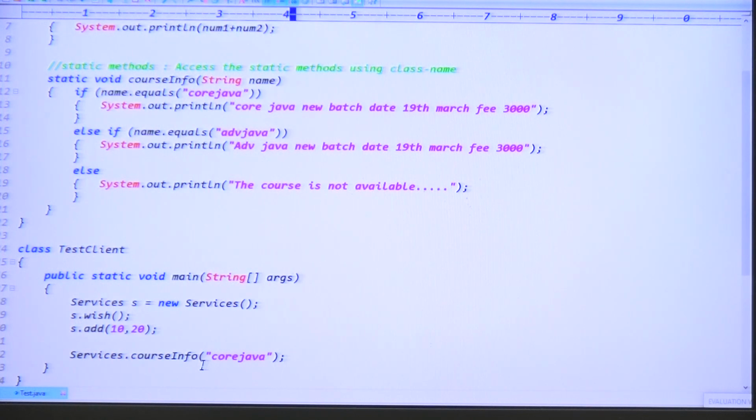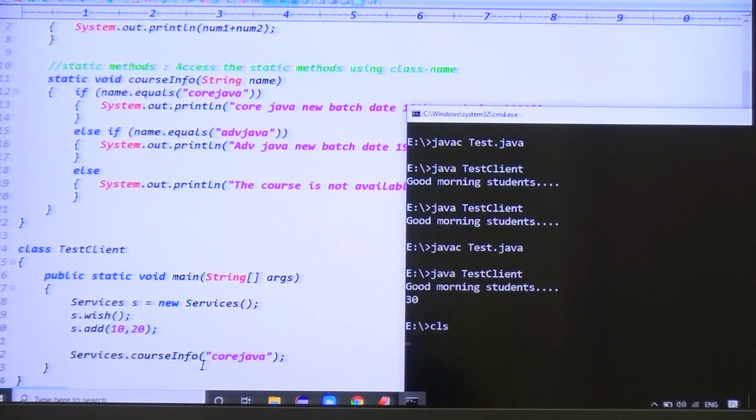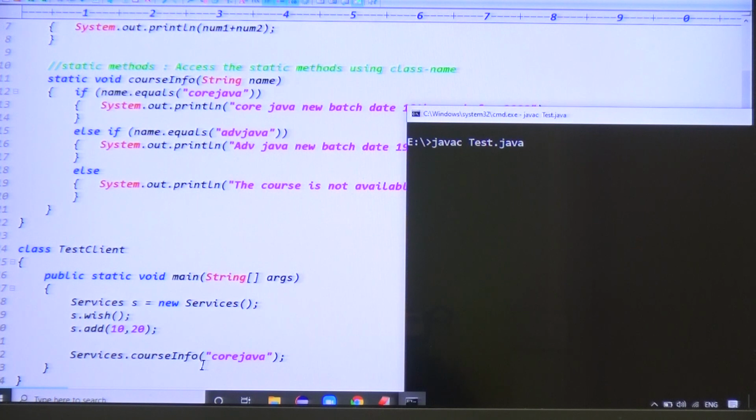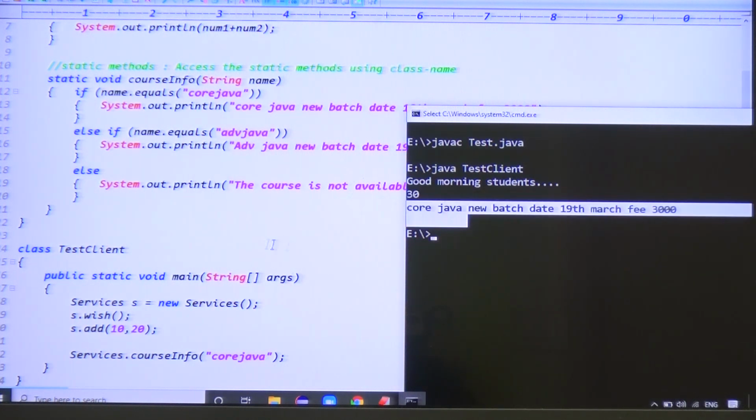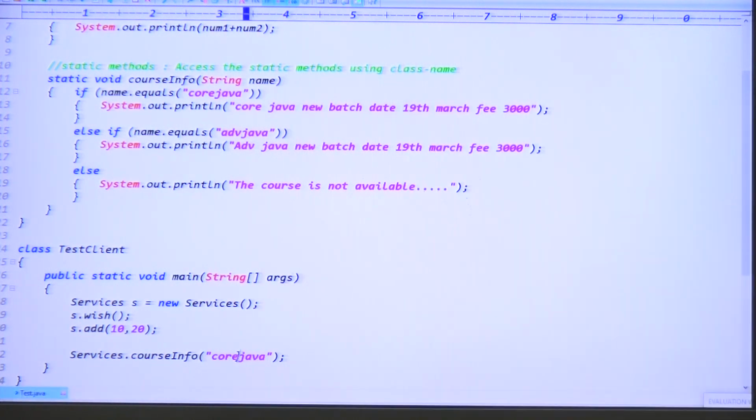Now we can see the output. Just do the compilation, guys: javac Test.java. The code is compiled fine. Java TestClient. See guys, the core Java new batch date is 19th March, fees is 3000, right? Exactly, fees is 3000. If you pass advanced Java here,